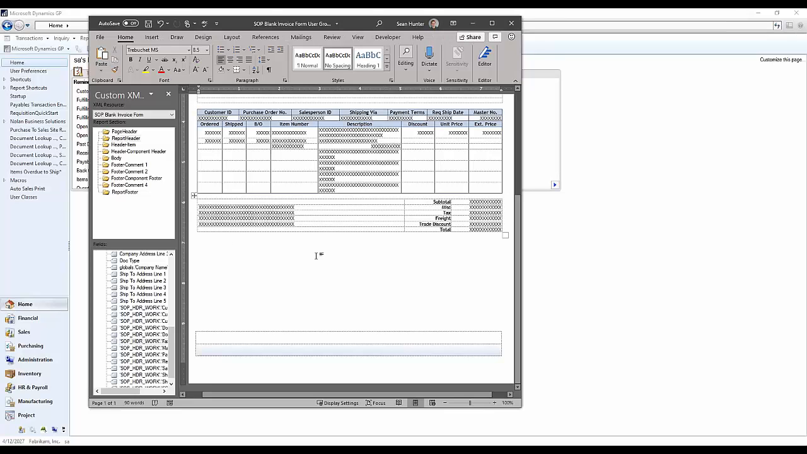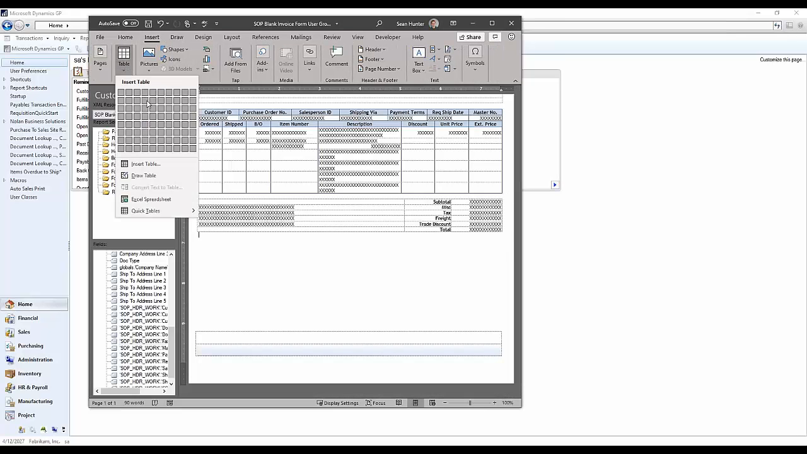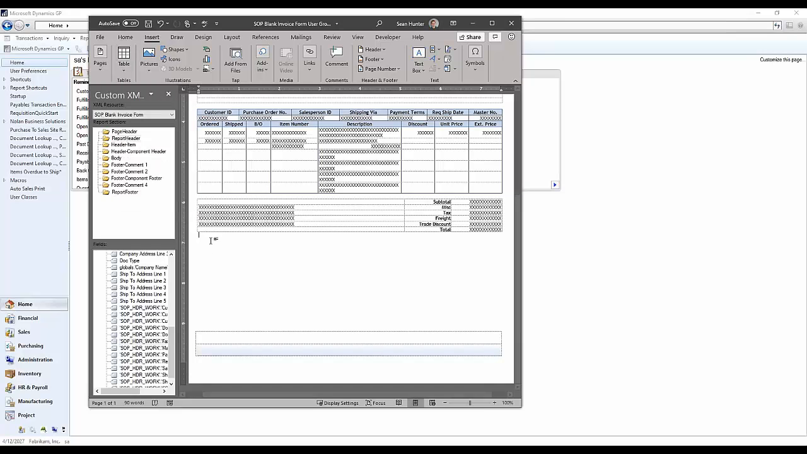The last thing to note is we want to add in a terms and conditions. So to add a terms and conditions onto this, click down at the bottom below our total area. We're going to go up to insert, and we're going to insert a 1-by-1 table. So let's just make sure that we're somewhere below here. Make sure you double click, not just in the field below here, but double click just somewhere in the blank space